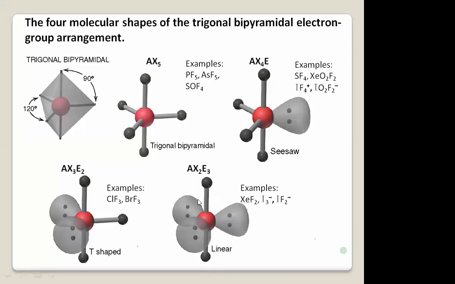The last deviation in the sp3d hybridized orbital is a linear molecule. Now, this linear molecule would almost look like an sp2 hybridized molecule, but it's not. It is an AX2E3 of sp3d hybridized molecule. You have a trigonal bipyramidal structure that has 3 lone pairs. And don't forget, the lone pairs are not on the axial positions, but on the equatorial. So you have 3 lone pairs, and you now have a linear molecule, as you have in XeF2,